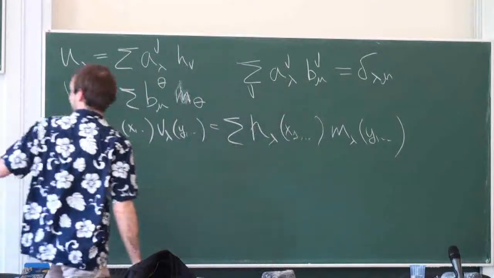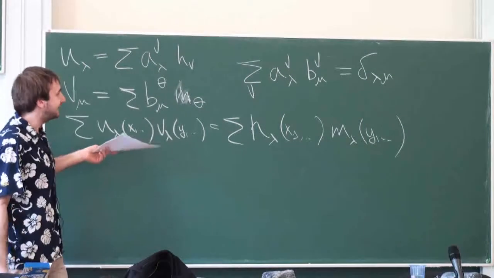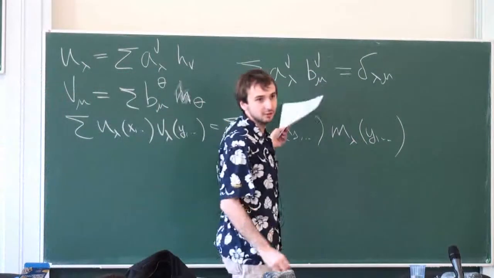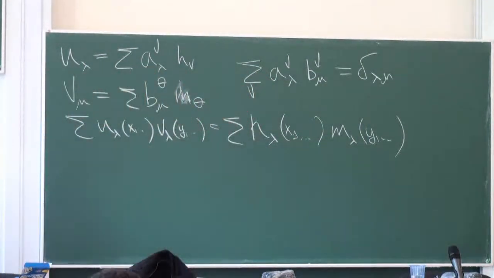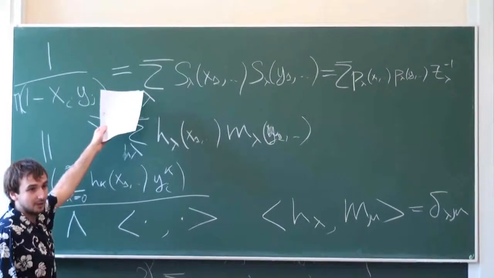And again, substituting these formulas, we see that this identity is again equivalent to the same condition, which means that these two conditions are equivalent. Okay, so what does it mean for us? It means that we can evaluate scalar products of, say, Schur polynomials. Since this sum is a delta function,